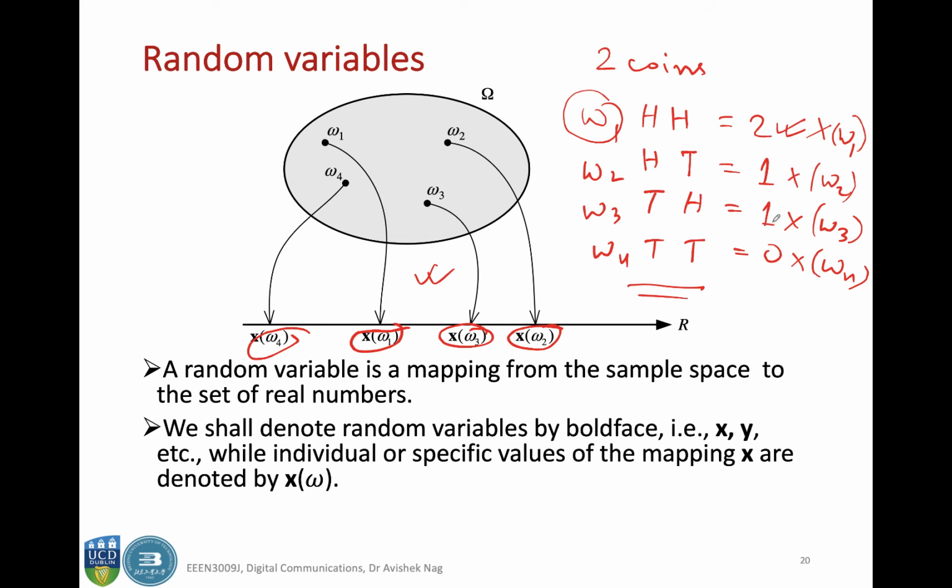So these numbers correspond to each of these events, and since each of these events has some probability, these numbers will also have some probability. So random variables are nothing but real valued mappings of the events of a sample space on the real number line. Each random variable has a particular probability.